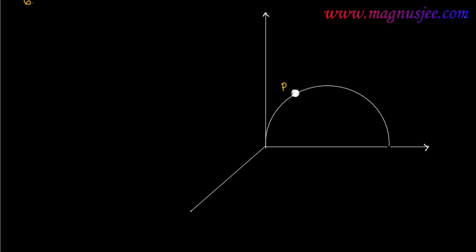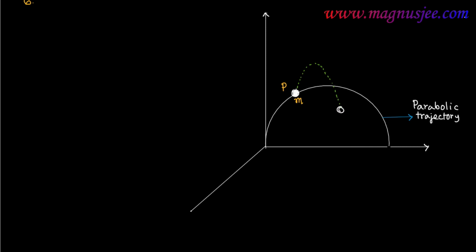In the diagram, a firecracker or bomb is at the point P, and this bomb has mass m and it explodes into two fragments at the point P on its parabolic path. This is the parabolic trajectory described by this bomb or firecracker, and at a certain instant of time the bomb is at the point P and explodes into two fragments.